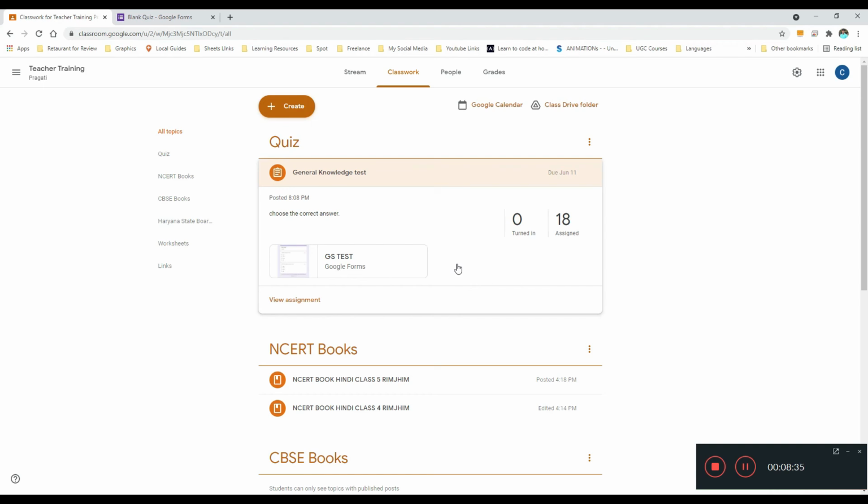Okay, I'm not going to show how it looks for the student, but that is how it will look to each student. After you assign the test, once all the participants submit their answers, you get the turned-in responses.